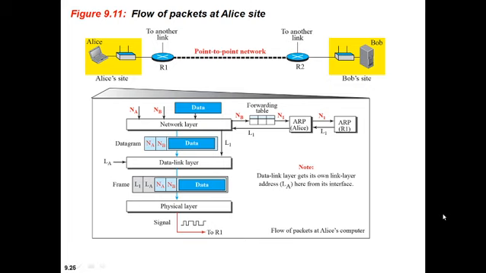The network layer consults its routing table to find out which is the next node between Alice and Bob. From the routing table, it finds that R1 is the first node and its IP address is N1. It will create the ARP request packet to find out the logical link address of this router. When R1 receives the packet, it responds with its logical link address, that is L1. Then the data link layer creates a frame using that datagram and adds its address, LA, and sends it to the physical layer. Here the frame is converted to signals and sent through the media.